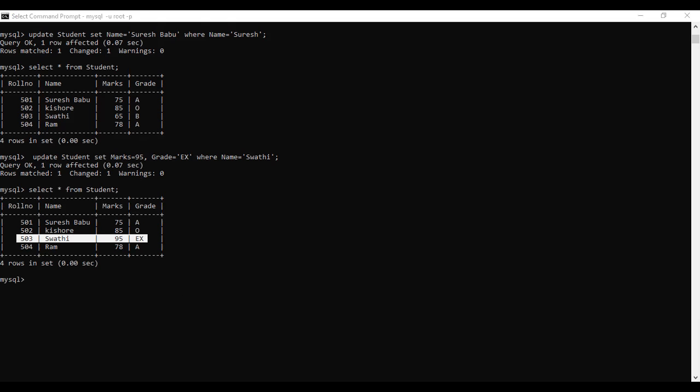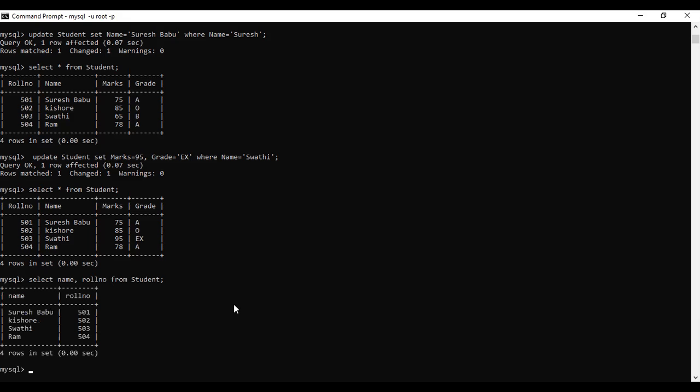Now you can select some fields from the table by using the select statement. As it is, select name and roll number from student.